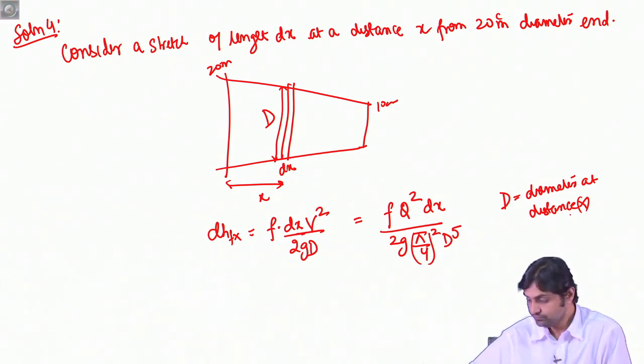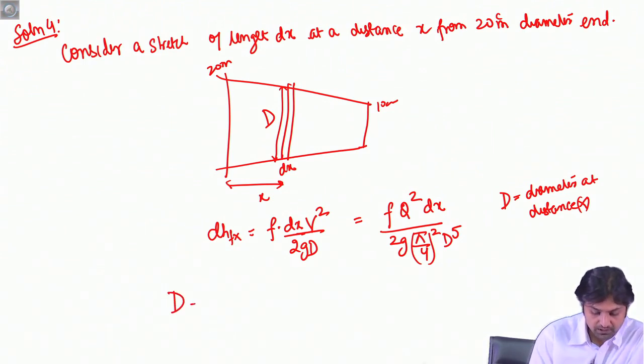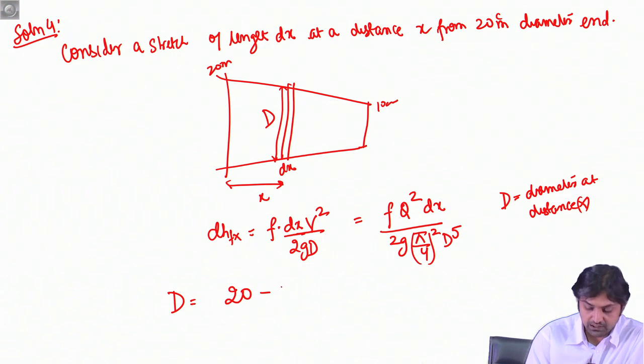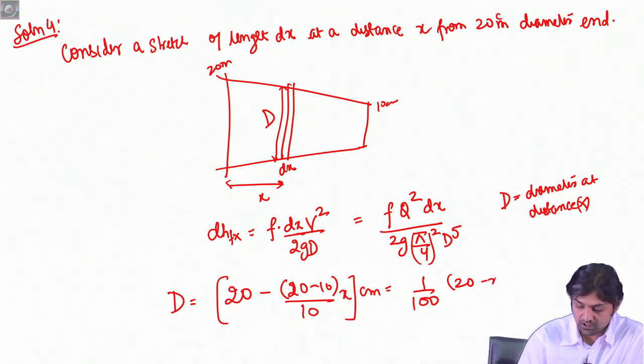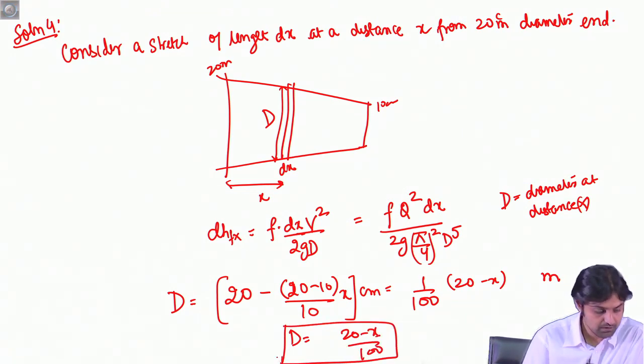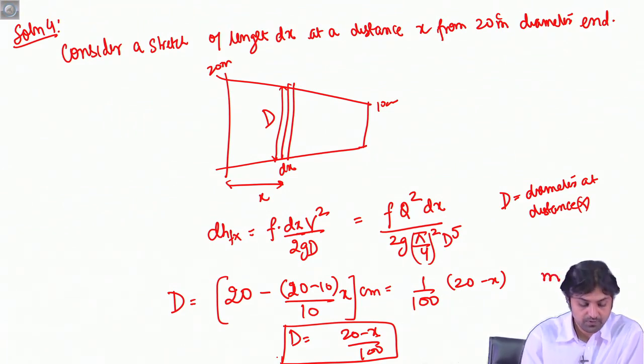All right. So, we need to find what that d is, and d can be written as, see, it will be varying from 20 centimeter. All right. So, we can write, to convert into meter, 1 by 100, and this will come 20 minus x in meters. All right. This is the diameter. So, we proceed